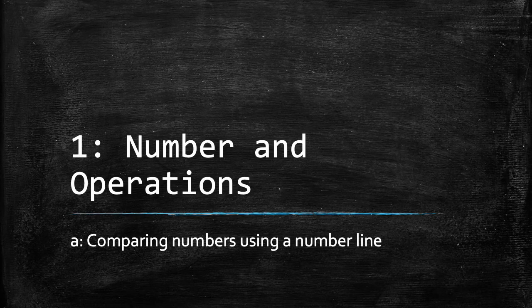Here are some tips on comparing numbers using a number line. So for example, if I wanted to locate the number 1.4 on a number line, I could draw a line between 1.0 and 2.0, and I want to locate where 1.4 is. So if I divide this into tenths like this,